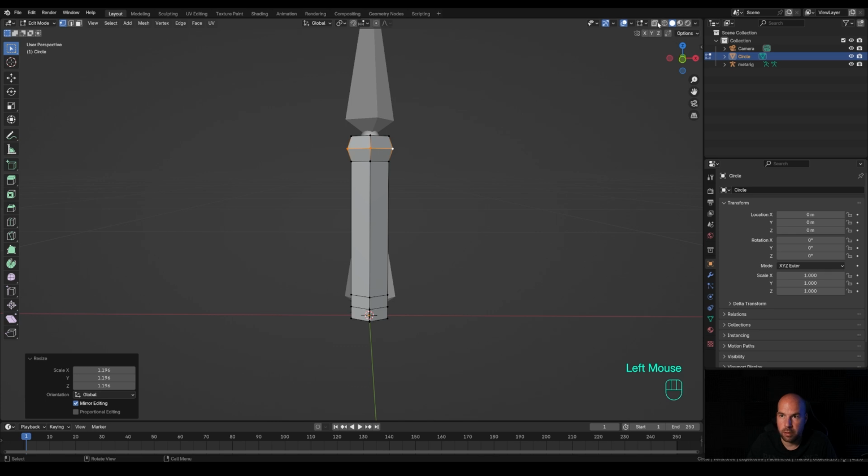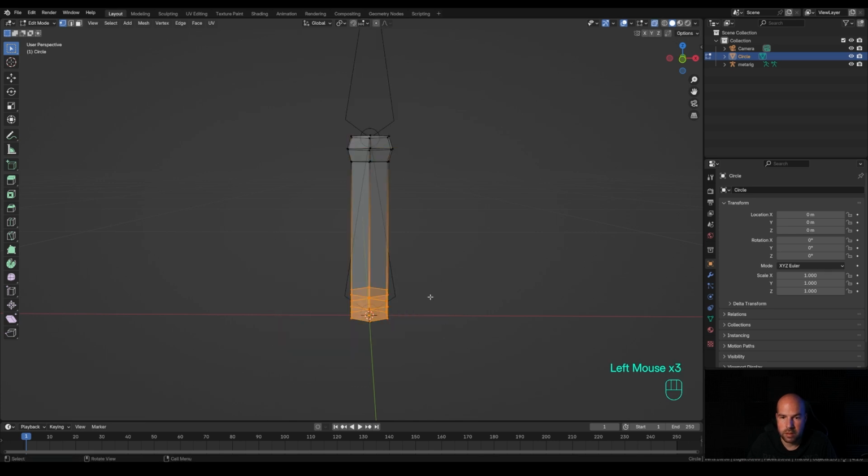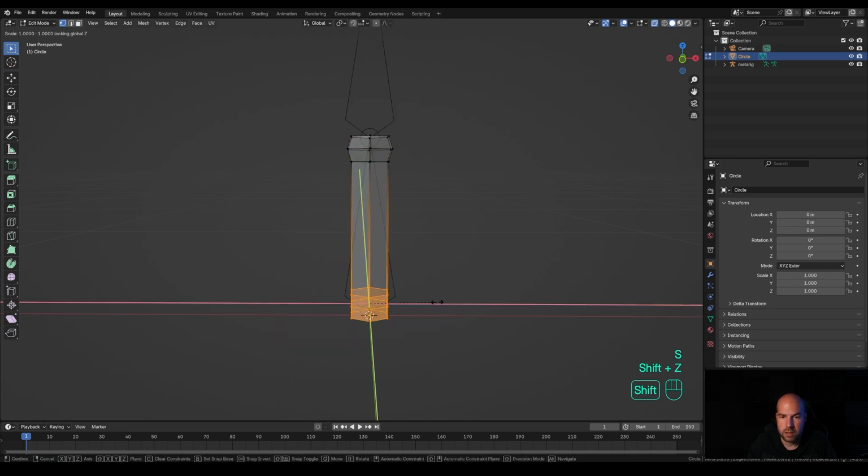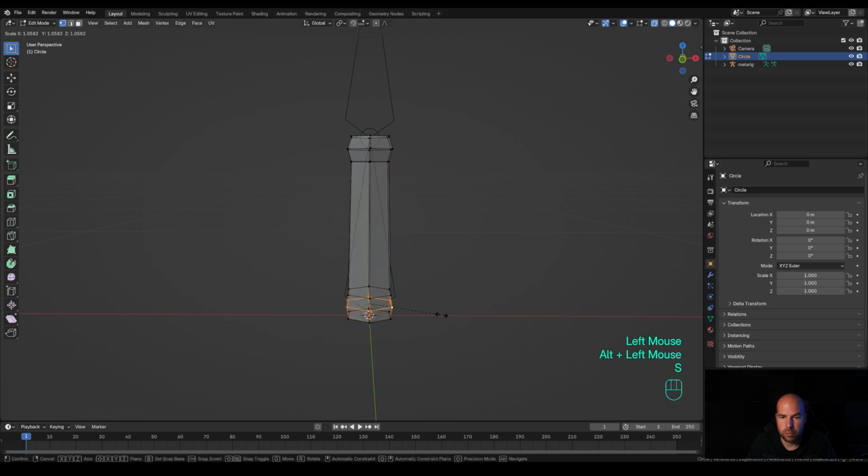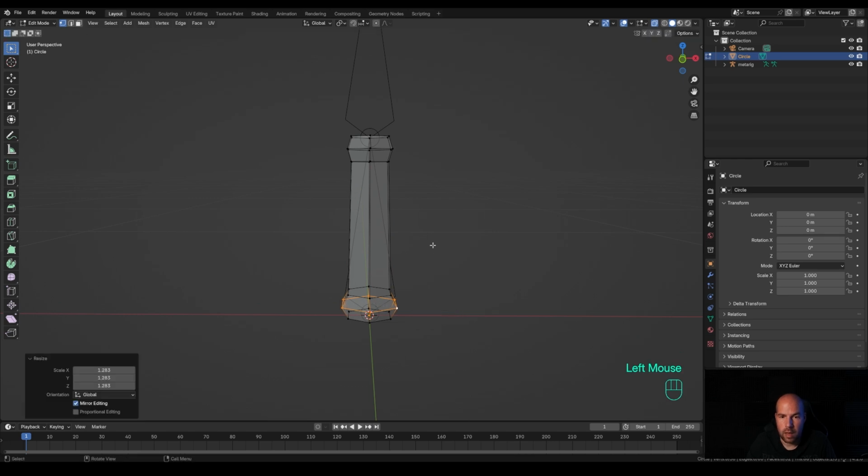And now let's enable X-ray view right here. Let's select all of these, press S then Shift Z to isolate the X and Y axis and make this larger a little bit, and then alt click this loop and scale it up with S like this. And now we can tab out